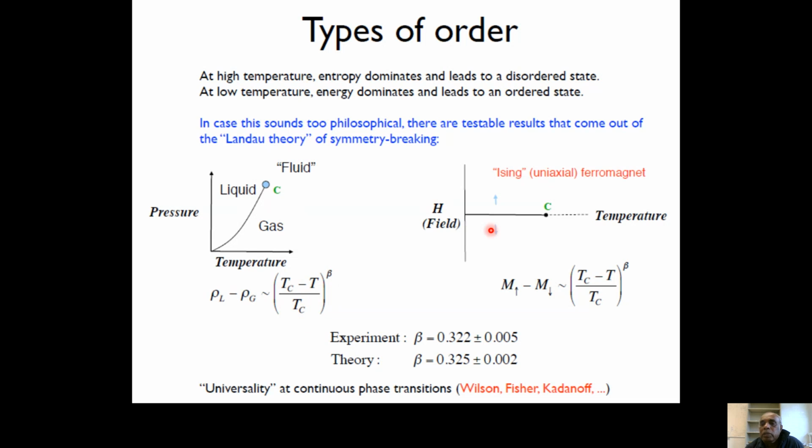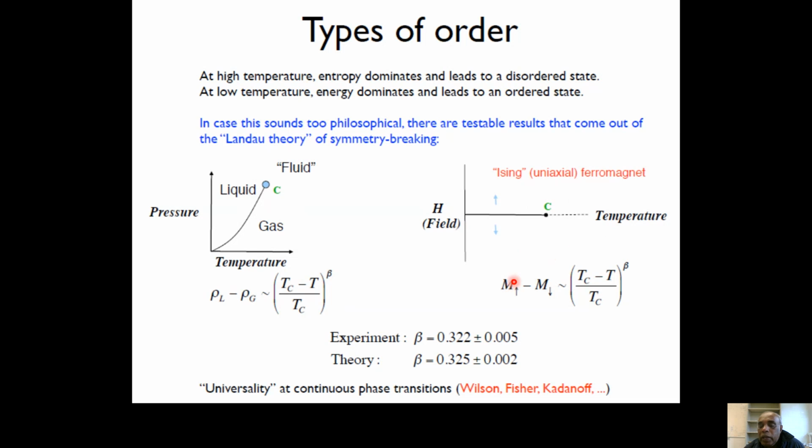Same thing if you look at the Ising model, right? For ferromagnets, the Ising model is this interacting two spins, right? If you look at the simple Ising model in one dimension, it's a uniaxial ferromagnet. If you look at the magnetization due to that spin as a function of temperature, we find this magnetization has some critical temperature. For a ferromagnet, this is related to the Curie temperature, and antiferromagnetism is related to the Néel temperature, right? That's the critical temperature here.